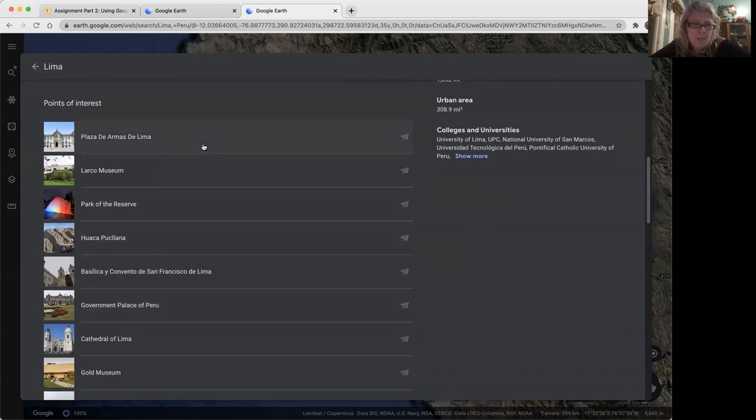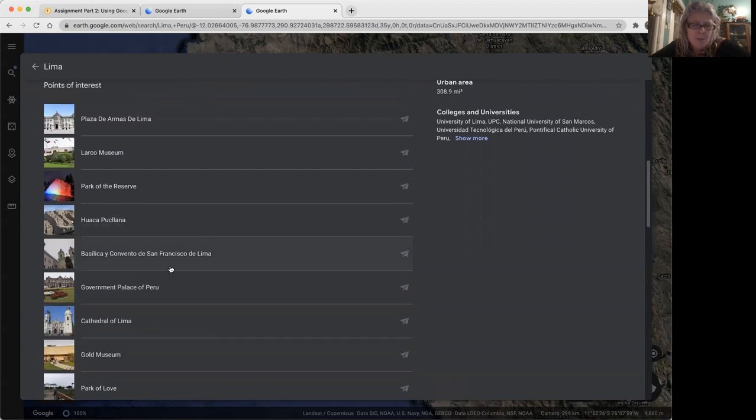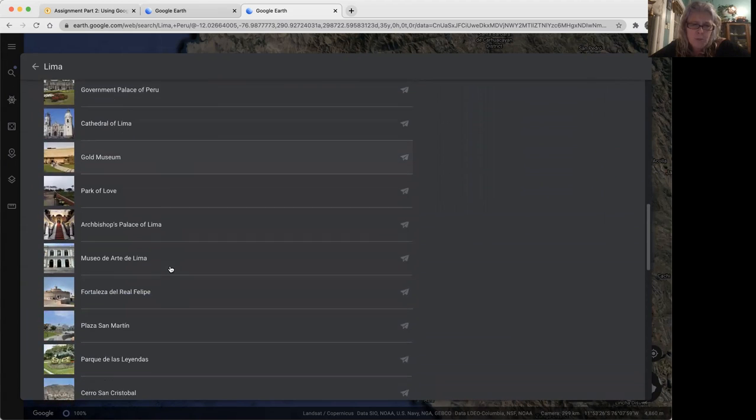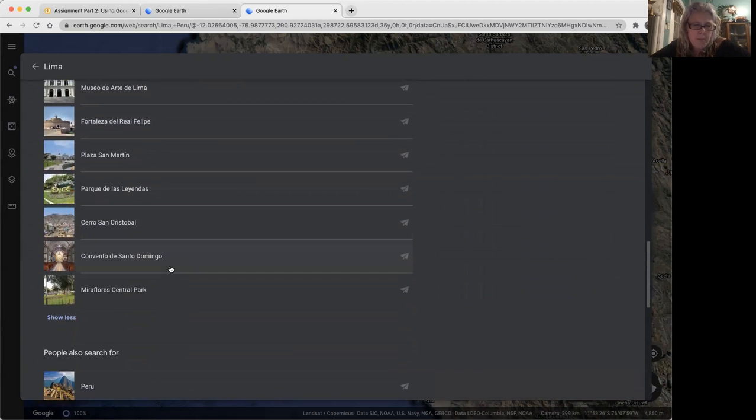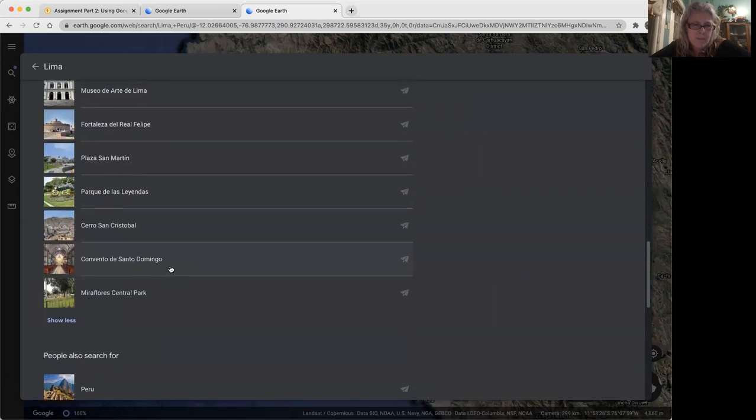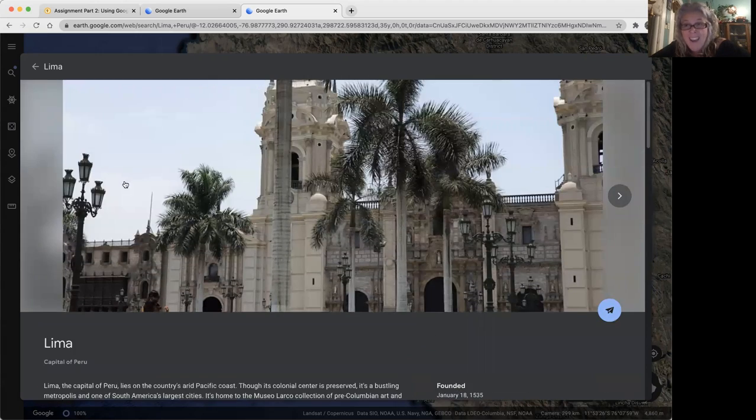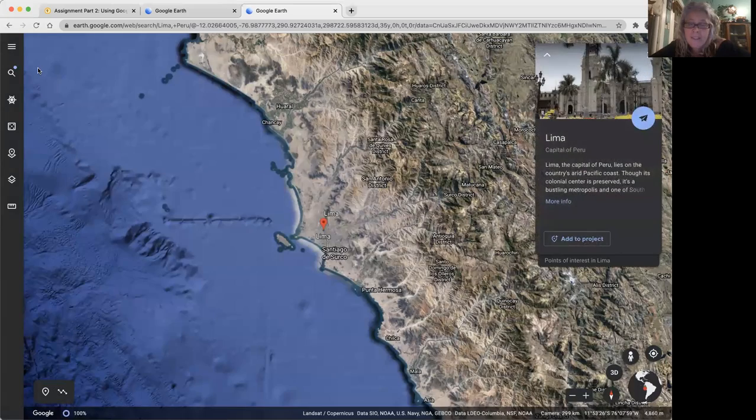Okay, so copy paste, type it out, pick a place that you would like to check out someday, a point of interest. Pick any one of these. Don't put more than one, just put one. Okay, but there is a lot. All right, and that is how you're going to complete this part of the assignment.